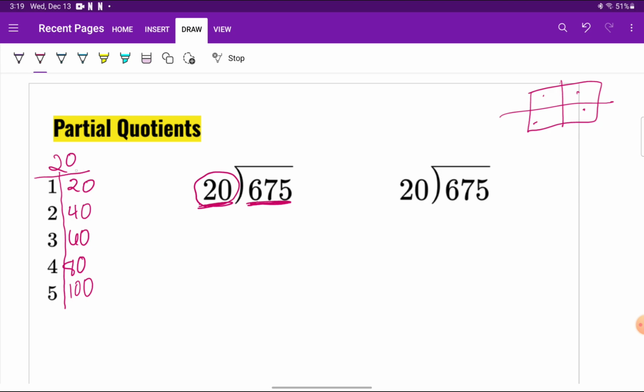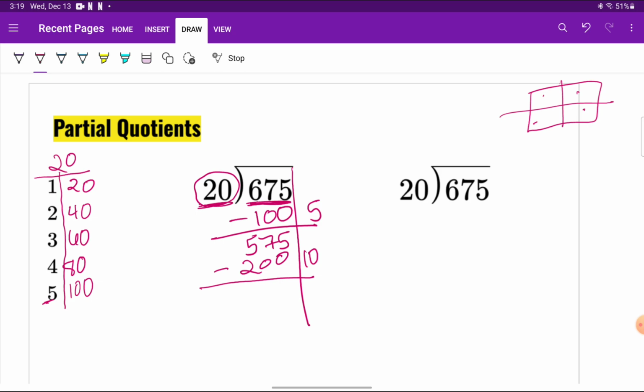And so I've got my list over here. I know that 5 20s is 100. So I'm going to draw my line. Let's take 5 20s out. That leaves me with 575. I can take a lot more 20s out, right? I can take at least 200 more, which means 2 5s, so 10 20s, 200, leaving 375. I can take another 200,